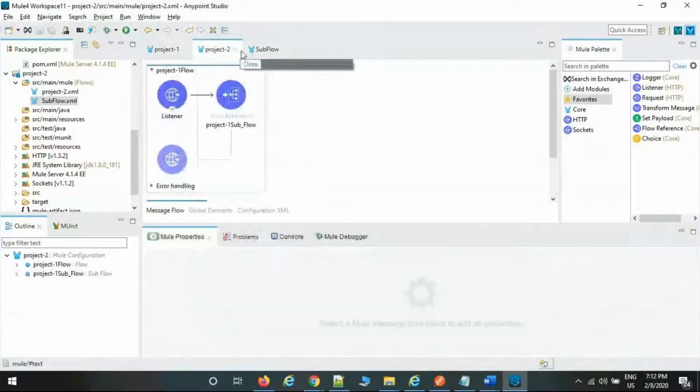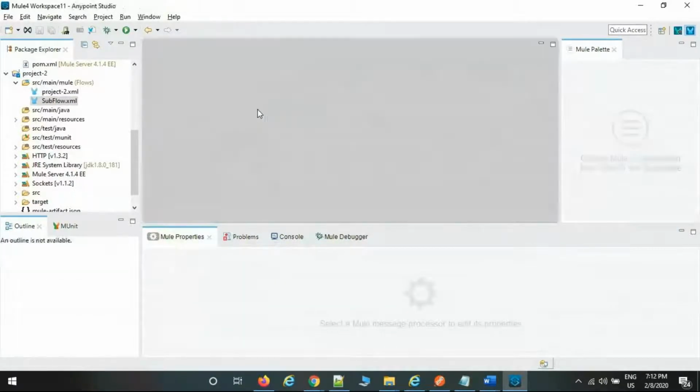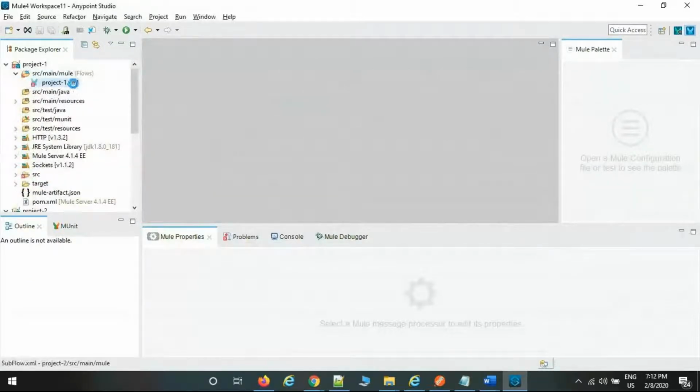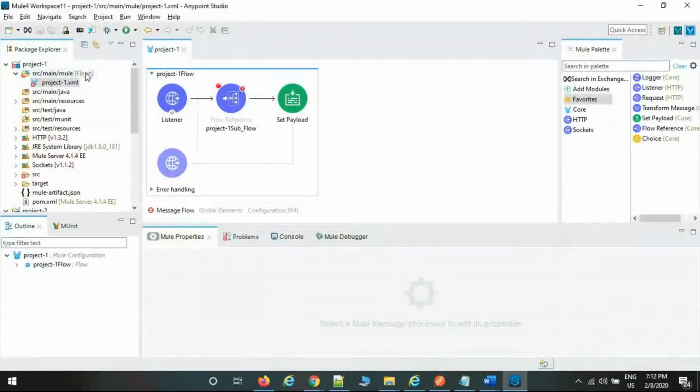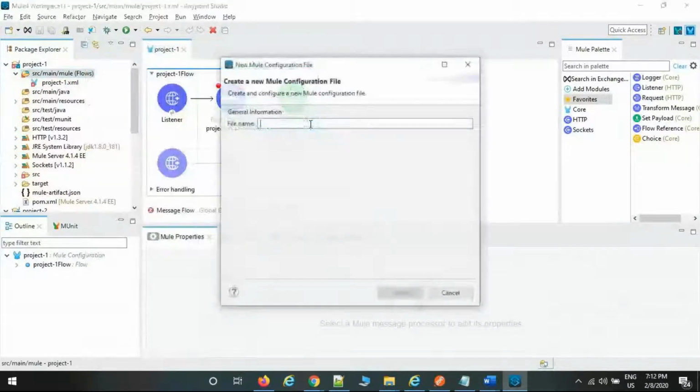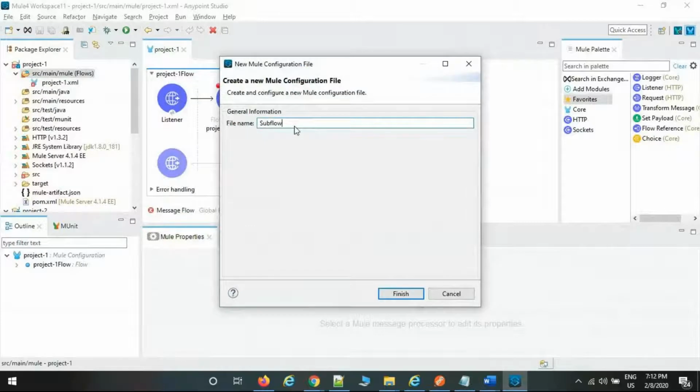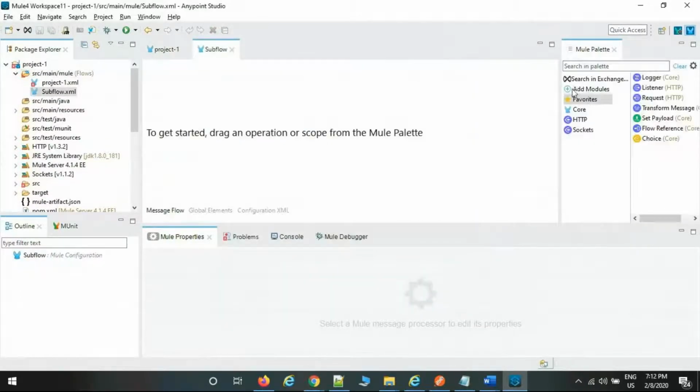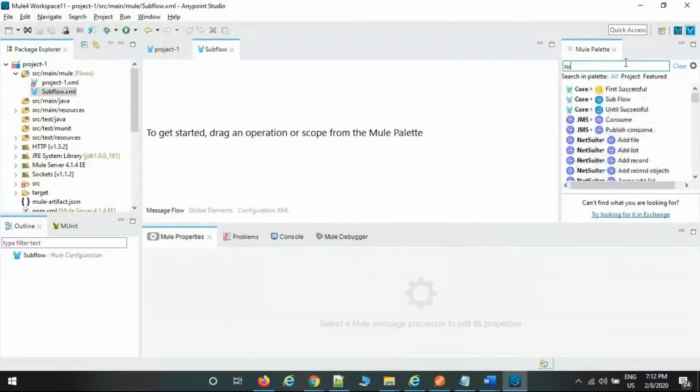Project 1, I have created. Okay, I was confused. Just close it. This was missing. Then right click, new configuration file, then subflow. Okay, finish, and drag the subflow here.